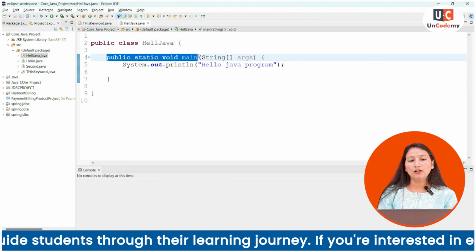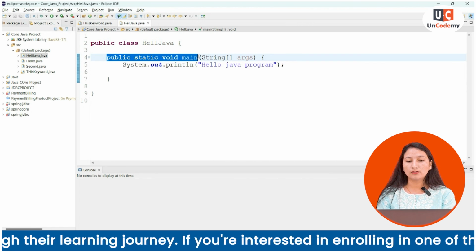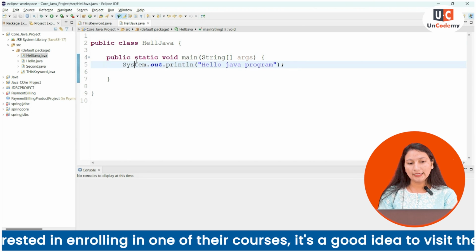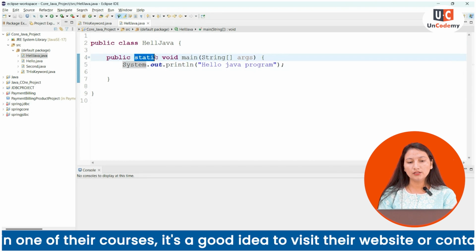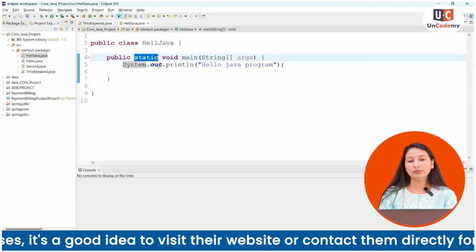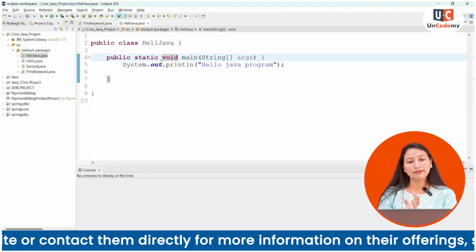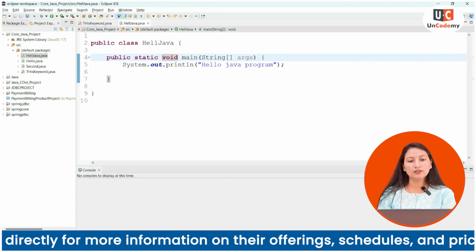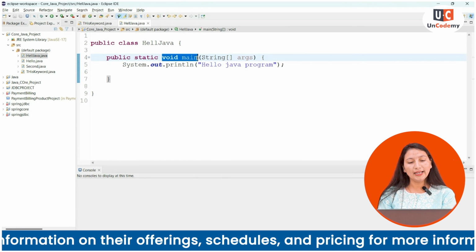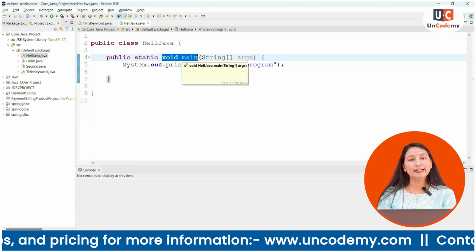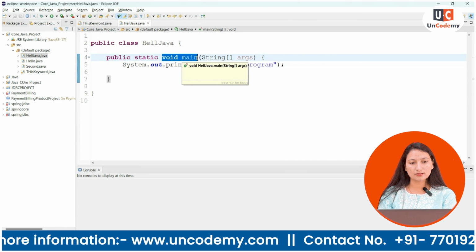So basically public is the access modifier, visible to all, and static is a predefined keyword. That means if you have a static method, then you can directly call this function, void main, or any user defined function, without creating any object of this class.